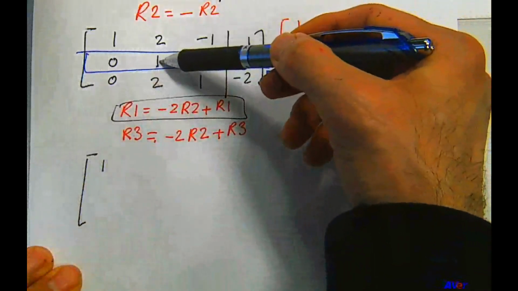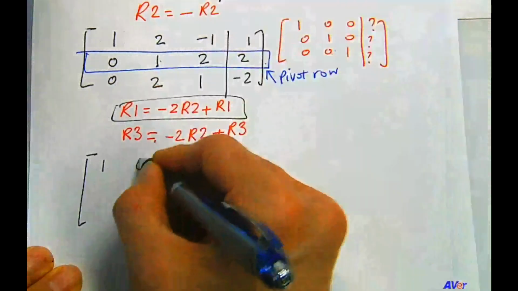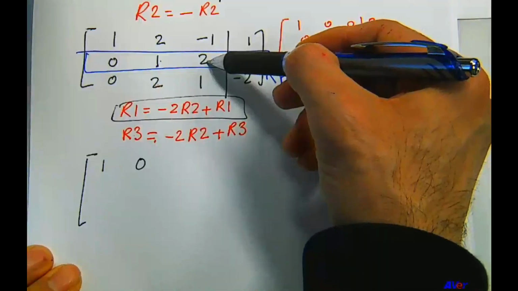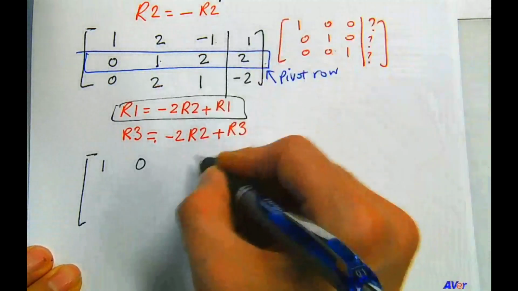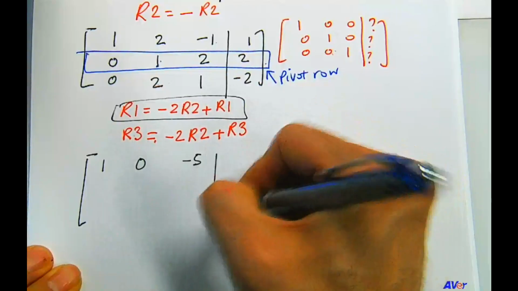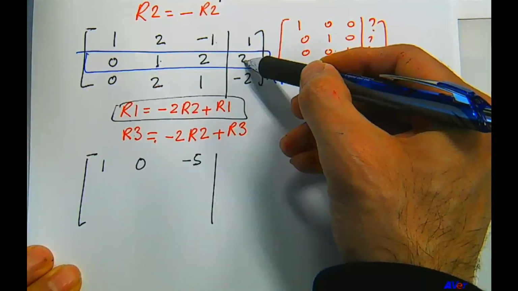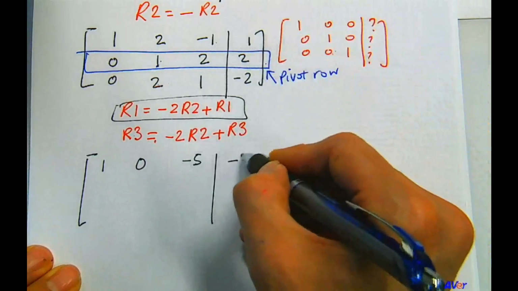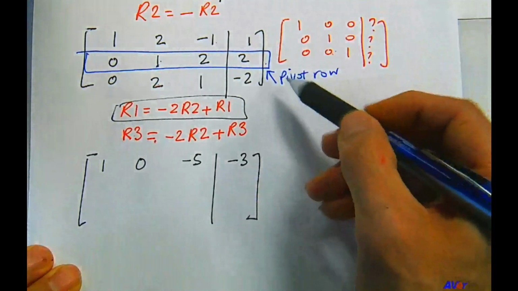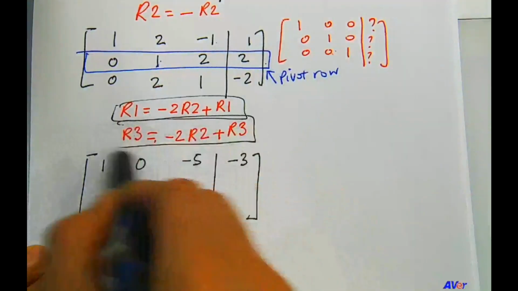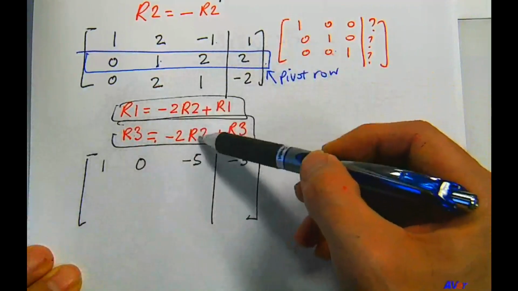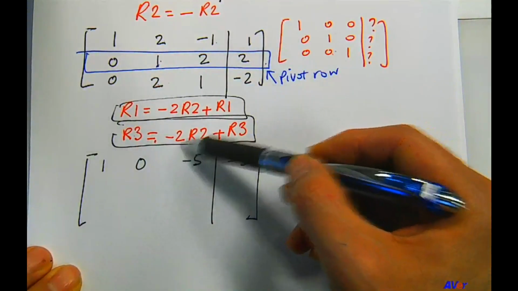Minus 2 times 1 is minus 2, plus 2, 0. Minus 2 times 2 is minus 4, plus minus 1, minus 5. Minus 2 times 2 is minus 4, plus 1, minus 3. Okay, so now let's do this row operation, which is multiplying the second row by negative 2 and adding it